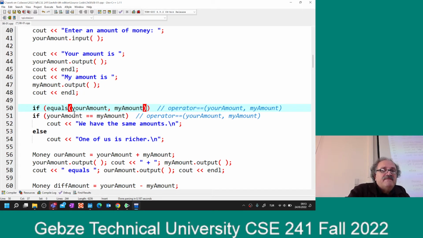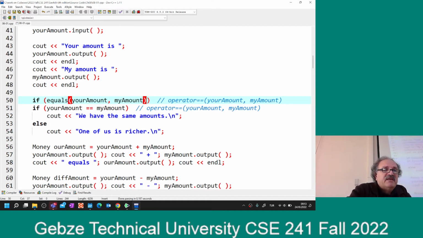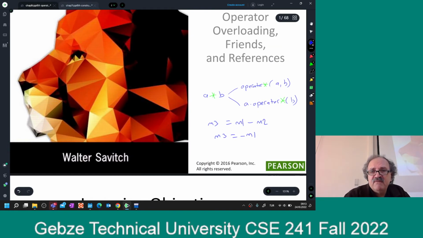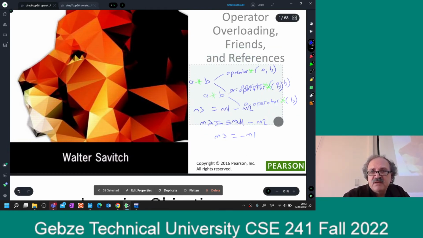Instead of this is-equal-to operator, I can write a function named equals. It will take two parameters and it will just return true or false. So why do we use operators? Well, human beings like them. When we see them, we kind of read them